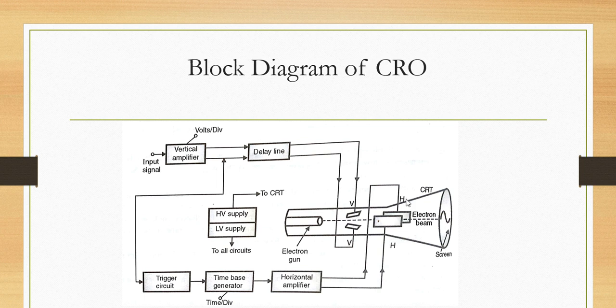Okay, so the H is for horizontal and V is for vertical. And there is one electron gun. So these are three to four important parts of the CRT. This is one electron gun. So what is the use of this? We will see afterwards. Then there is a vertical plates system, then horizontal plates or horizontal plate systems, and there is a fluorescent screen on which the electron beam is bombarded.